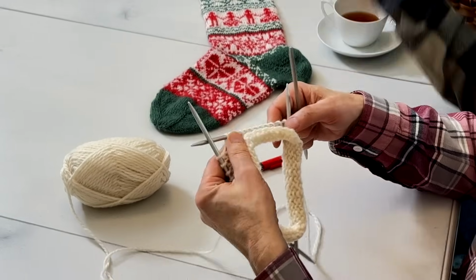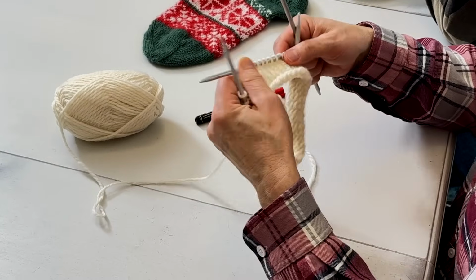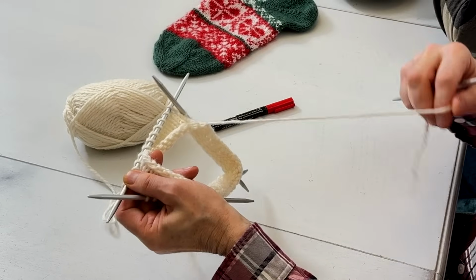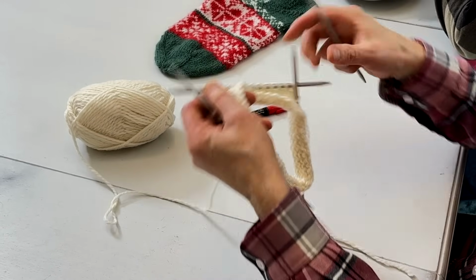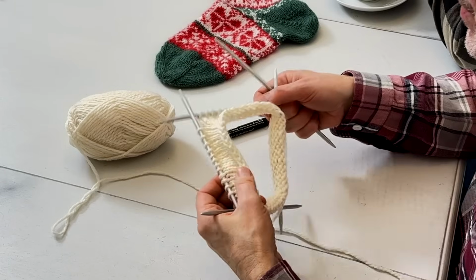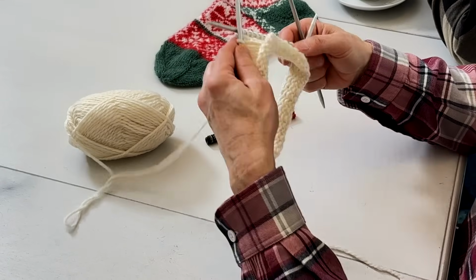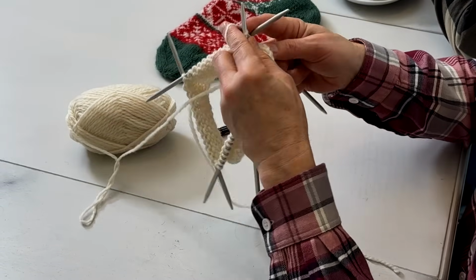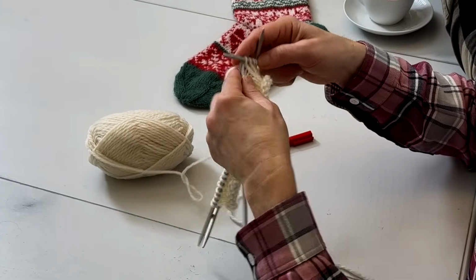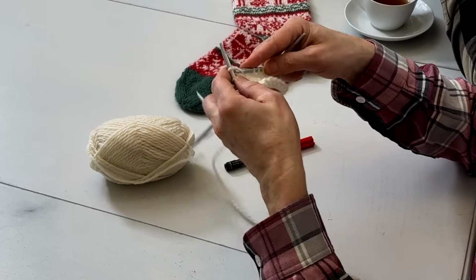So let me see now. I just do it here. Now I have the beginning here, so I could actually start there, but let's do it here just so you see how it is. So the heel goes over 2 needles. I finished the 1st needle, then you knit the 2nd needle, and then when you have 1 left...